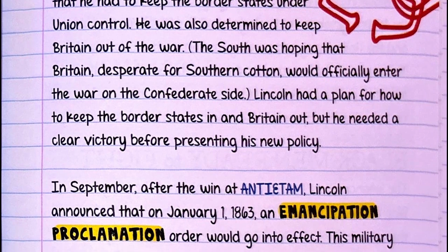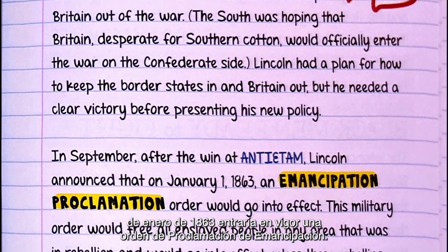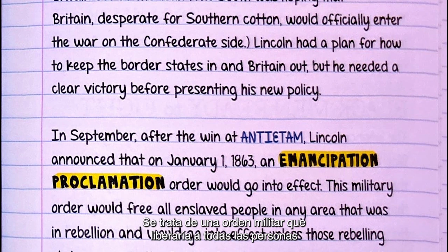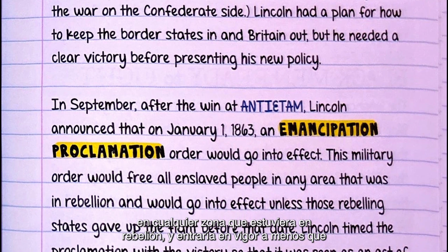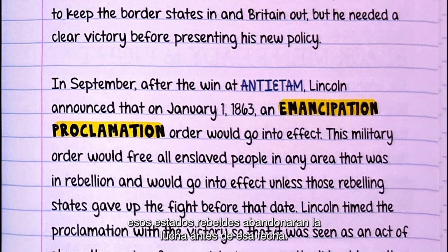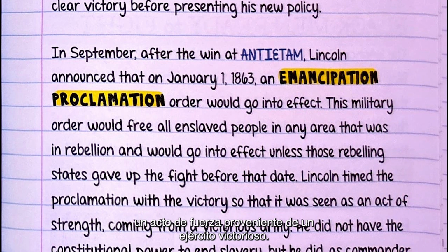In September, after the win at Antietam, Lincoln announced that on January 1st, 1863, an Emancipation Proclamation order would go into effect. This military order would free all enslaved people in any area that was in rebellion and would go into effect unless those rebelling states gave up the fight before that date. Lincoln timed the proclamation with the victory so that it was seen as an act of strength coming from a